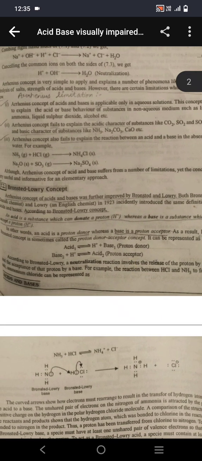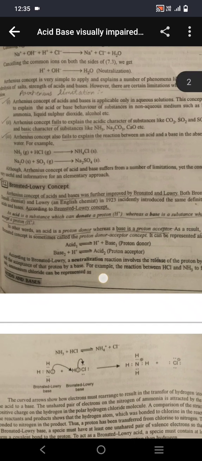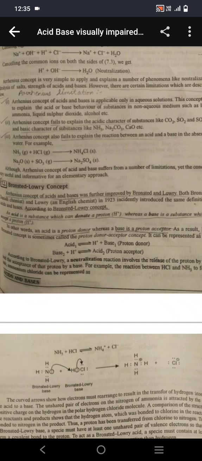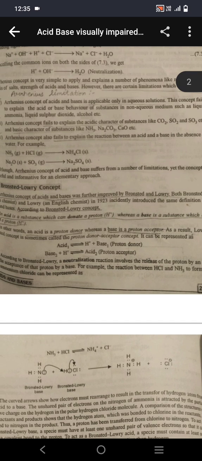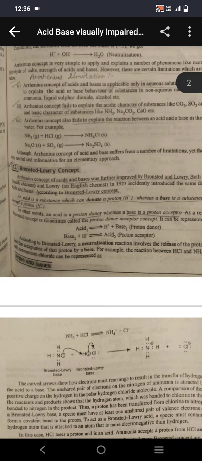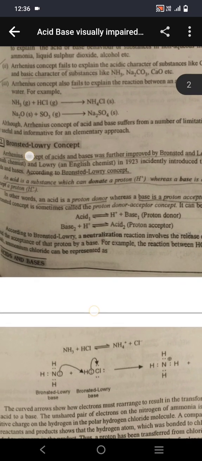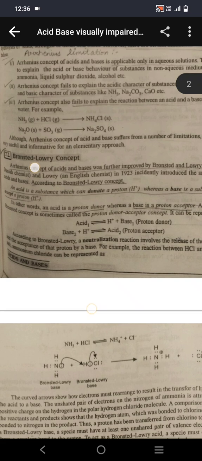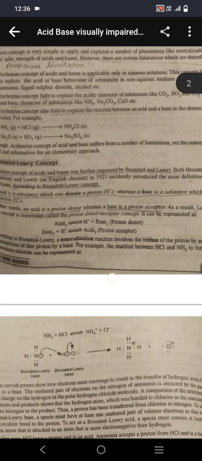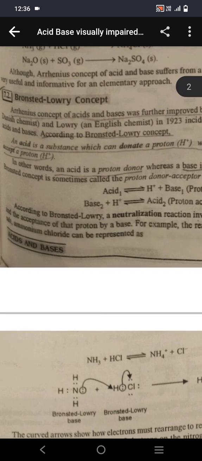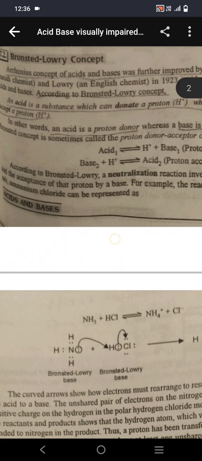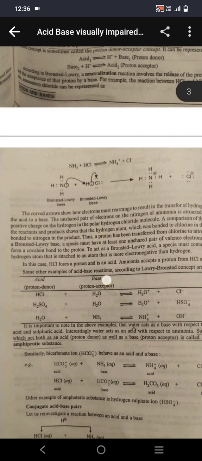As a result, the Lowry-Bronsted concept is sometimes called the proton donor-acceptor concept. It can be represented as acid in equilibrium with H plus and base. According to Bronsted-Lowry, a neutralization reaction involves the release of a proton by an acid and the acceptance of that proton by a base. For example, the reaction between HCl and NH3 to form ammonium chloride can be represented as